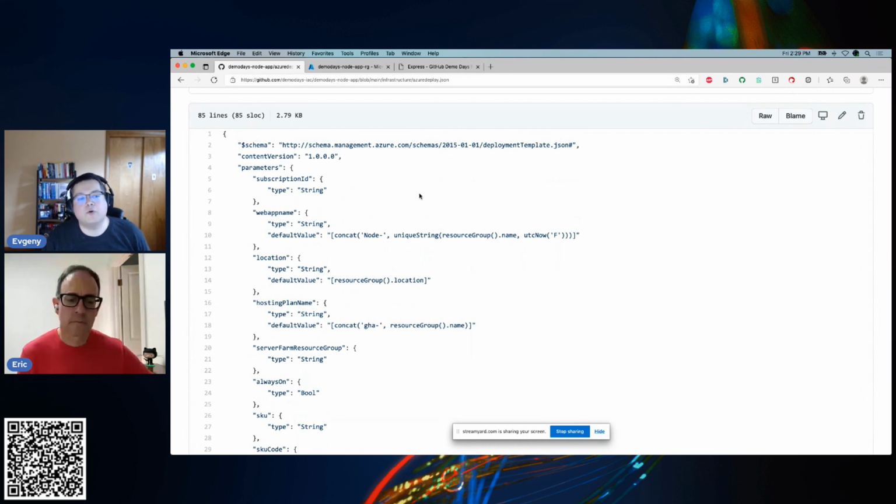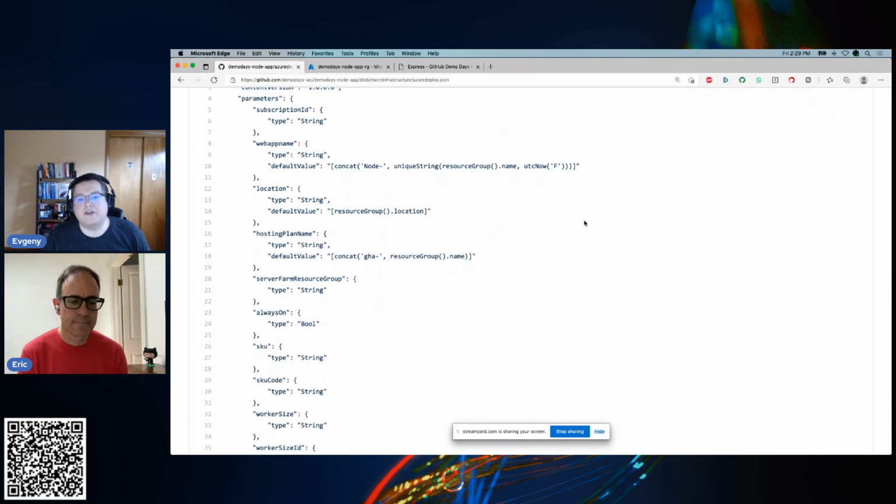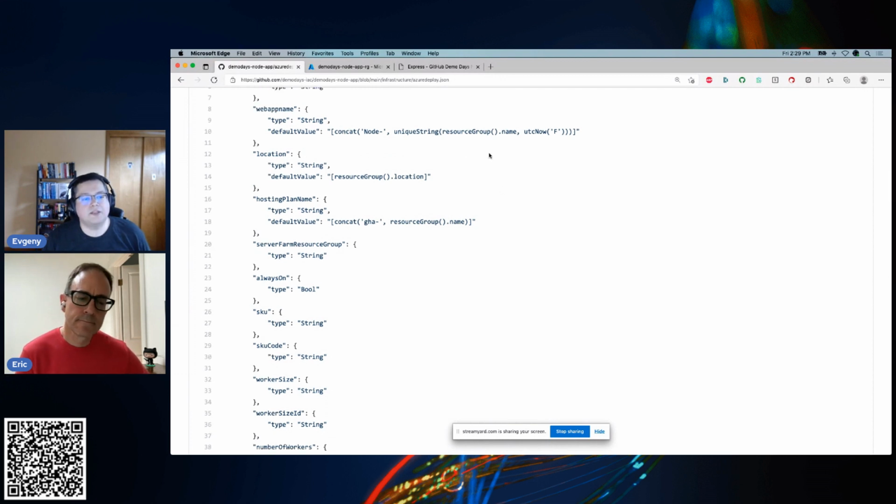And this is how a lot of other stuff works. You can use similar things with Terraform and CloudFormation, right? There are these kind of schema-based JSON files, and the schema has to be valid, and the inputs in it have to be valid in order for it to be evaluated correctly by the engine that drives the infrastructure as code. In our case, it's the ARM engine, right? So the Azure Resource Manager engine.